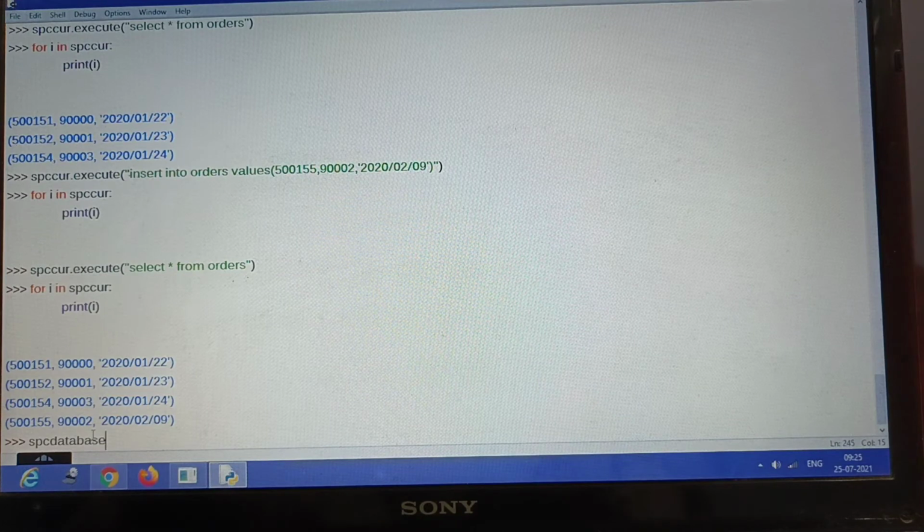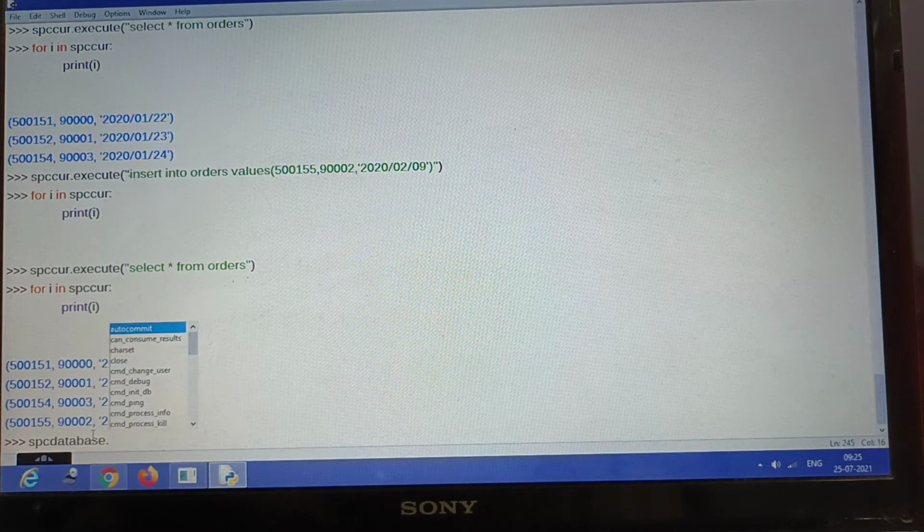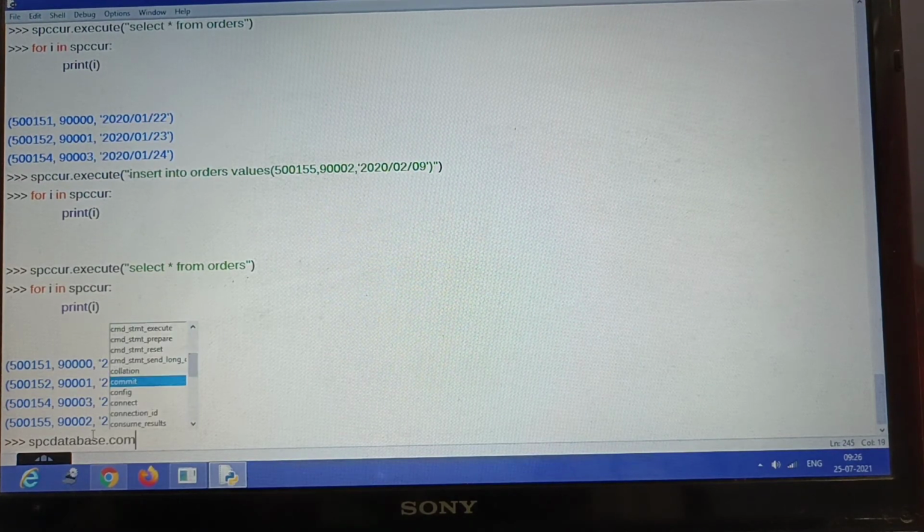I have to call that database connection dot, and you'll see immediately there is a pop-up. So connect is a function, and you have to call the commit function. Let's open it again, com. So this is the commit function you have to call.